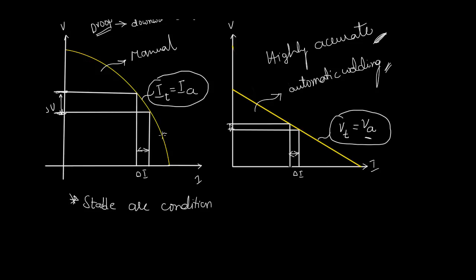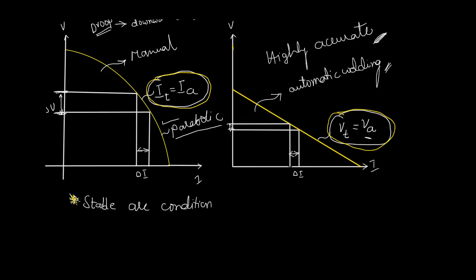By the way, this curve is also known as parabolic. Sometimes in the exam, he may not give the drooping characteristics or constant current. He may give the parabolic variation. Then also you have to solve the problem based on constant current type. Otherwise, your answer will be wrong. These two relations are for stable arc conditions only, not for each and every condition.